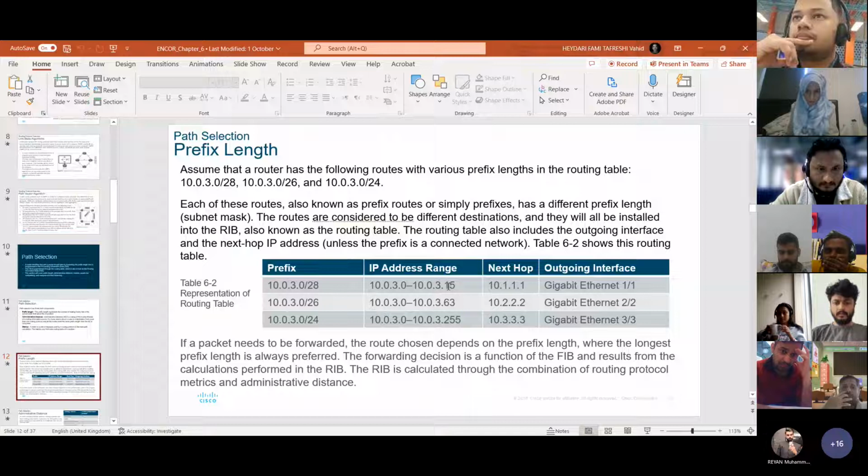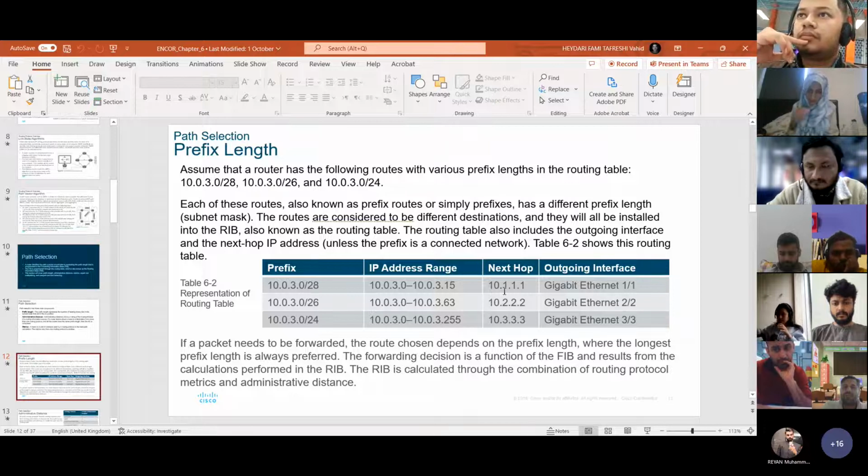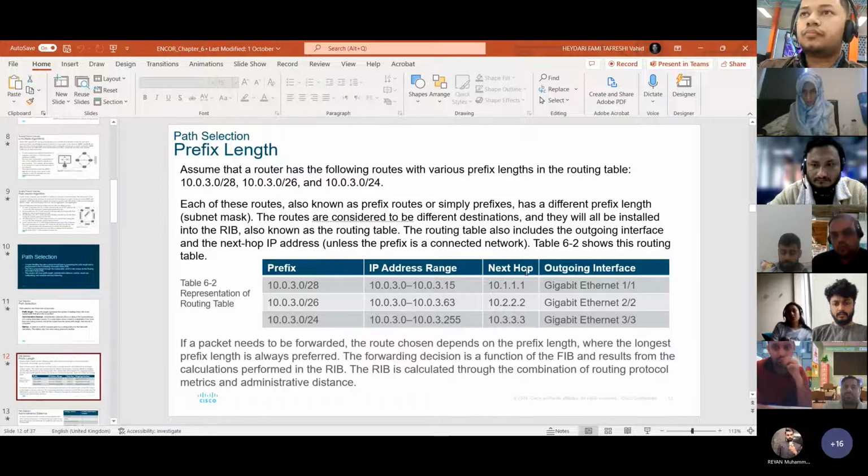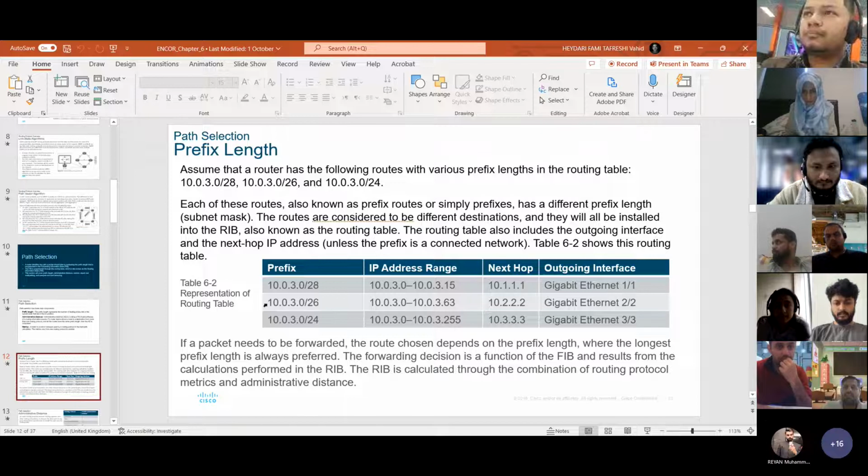And then we are talking in the context of distance vector routing protocols, and therefore we always have a next hop. So to get to this prefix, you go to that next hop. And then the outgoing interface, which is the physical interface or the physical link on the local router through which we can get to this next hop. So the outgoing interface corresponds to the next hop. The outgoing interface is the egress point, as we call it, through which we can get to this next hop, through which we can get to this prefix. And this is how we interpret